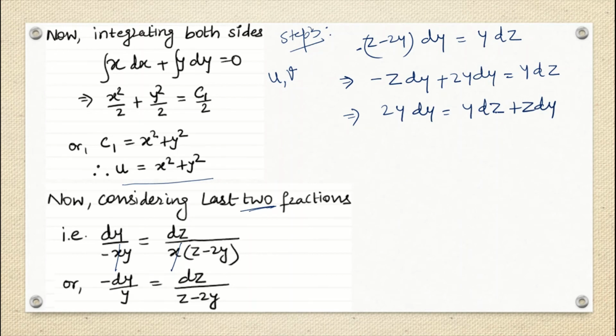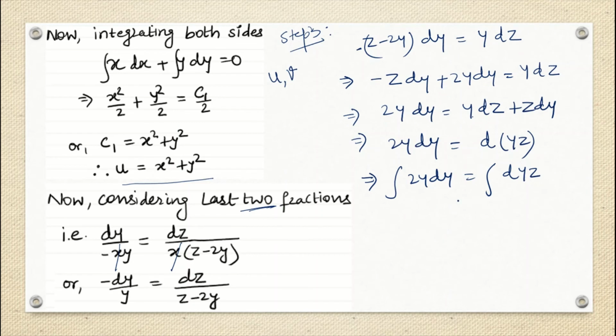Okay, what is this y dz plus z dy? We know the formula, right? So left hand side is 2y dy, and right hand side I can write d(yz). Is that okay? d(yz) will give you how much? y dz plus z dy. This is the formula. So I will put the integral sign in both sides because now it is easier to